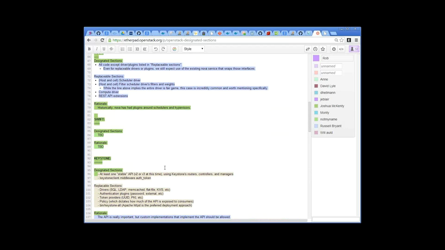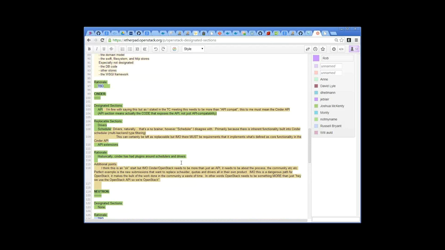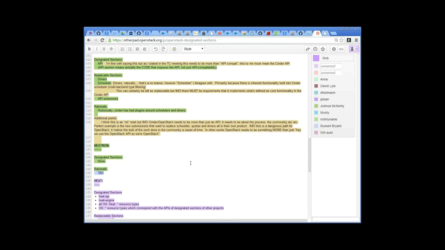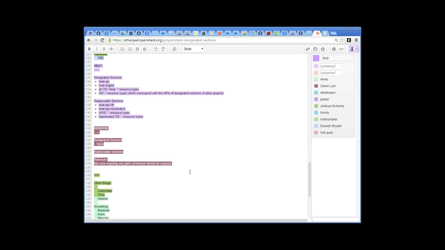So let me answer that one really. Priority, we do that later. Going through each project seems fair. So the question around Horizon: the reality of how we're doing RefStack is we're relying on Tempest tests to determine capabilities. It's because it's the only mechanism we have that is community-owned and can be applied evenly across both private and public clouds, which is one of the goals of the definition of core.